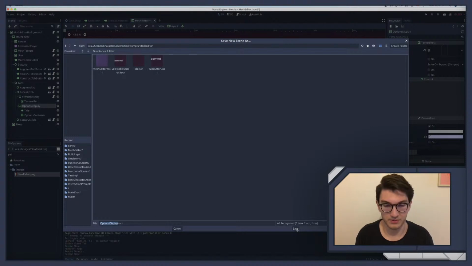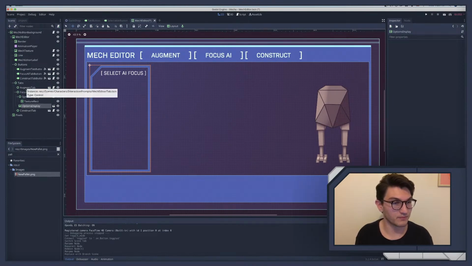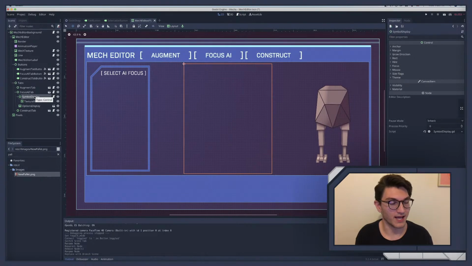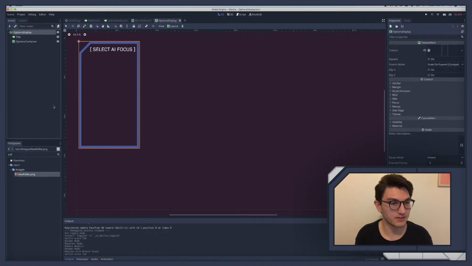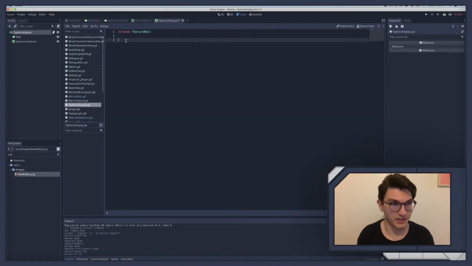Okay, options display. Save. So the idea is that now I'll be able to just put this options display on each tab that I want, right? And then we can display those options accordingly. I will be able to make a hide show function, but I don't think I'm going to need to. And so the idea is that we will have an export var in here. The options display currently does not have a script. We'll add a script. This is getting a little complicated here, but we're going to go export var